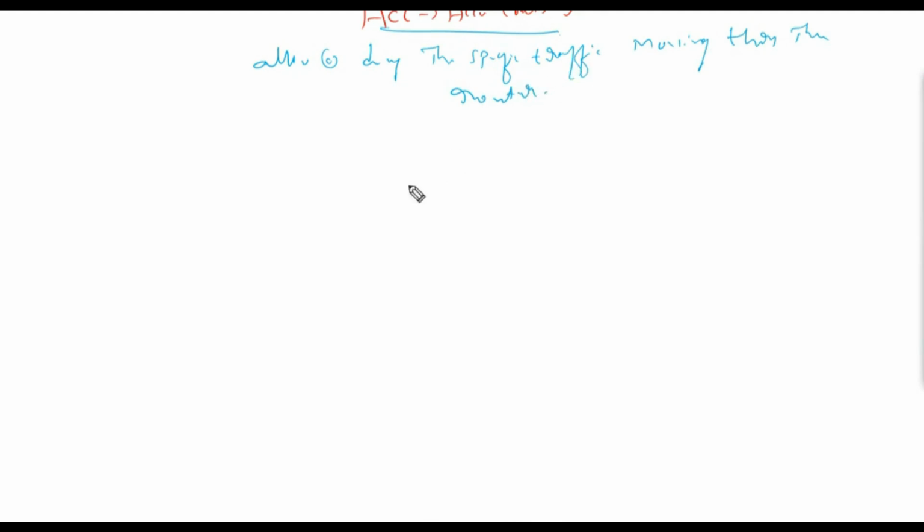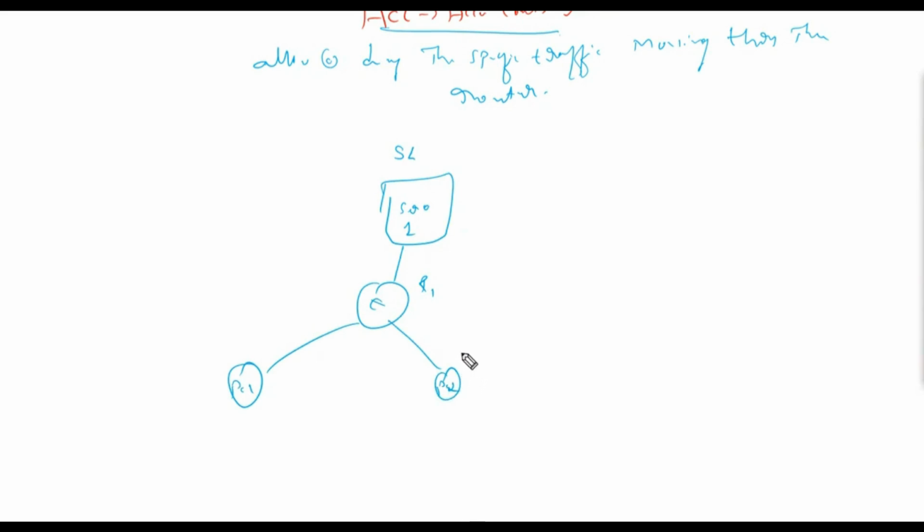For example, let's say I have one server here, that is server 1. For that, I have connected the router R1. I have two PCs connected, that is PC1 and PC2. So what will happen? These PCs belong to some manager, and these PCs belong to some regular users. Since I connected them to the router, both can